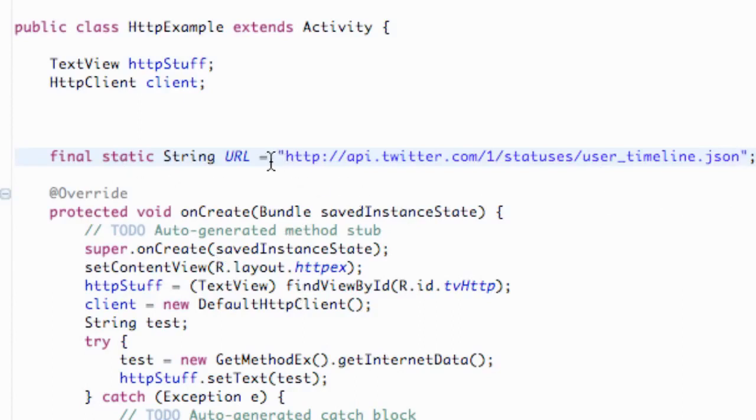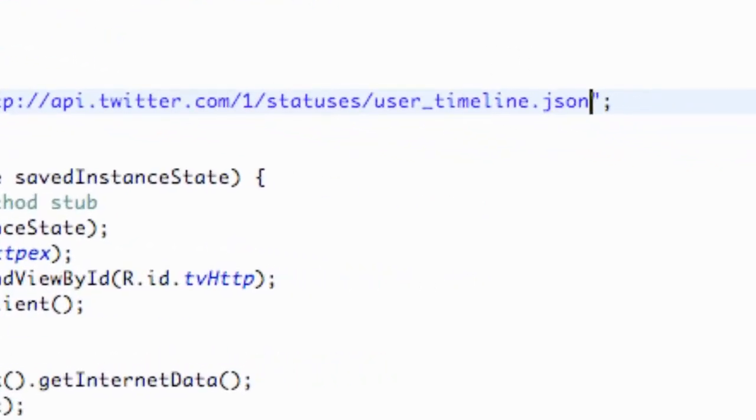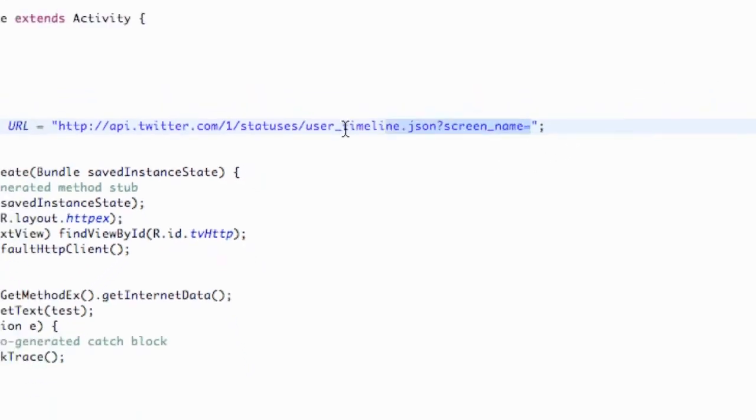The first thing that we're going to do is add to this URL, because before I just wanted to show you guys it was a JSON type URL. What we're going to add to it is a question mark screen underscore name equals, and for example what we're going to do is just copy this